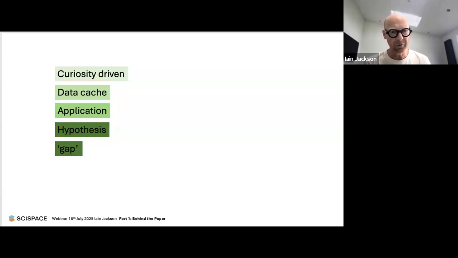So I'm not sure I was looking for a gap, although there wasn't any literature on this particular topic. I didn't think, oh, where's the literature missing? That's not how I started. I was always being data-driven. I was always following the data. I think that's really important. And then we can redefine the questions later. We can rephrase the work to suit the data we get. So looking for a gap, I'm not sure that's always adequate for me, but some people view it that way. I view it through these other lenses.